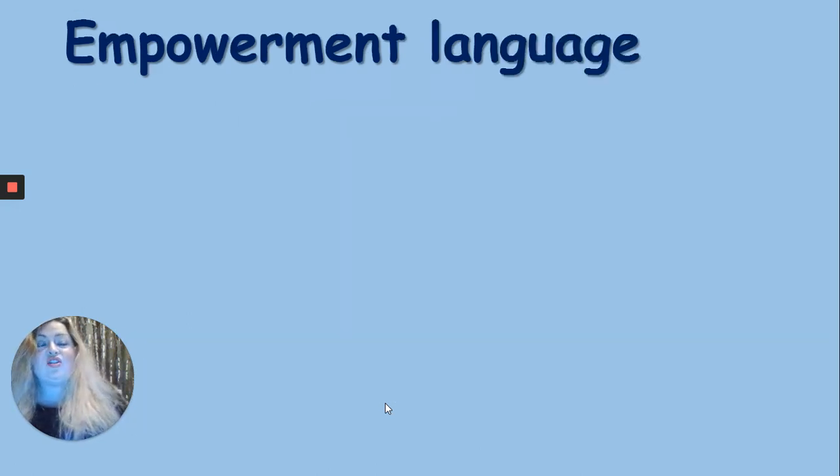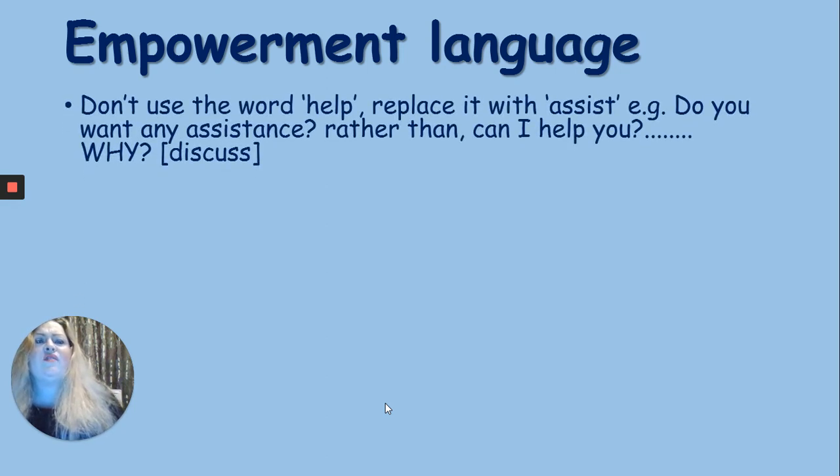So empowerment language, the language that we use in health and social care, is really important, and the way that we apply language as a form of communication. How do we empower service users through the use of our language? It's quite interesting to see the words that we would take for granted in an everyday context, and how, if we switch those words when we use them in health and social care, they can put a different slant on empowering individuals. So, for example, don't use the word help. Replace the word help with assist. And if we put that